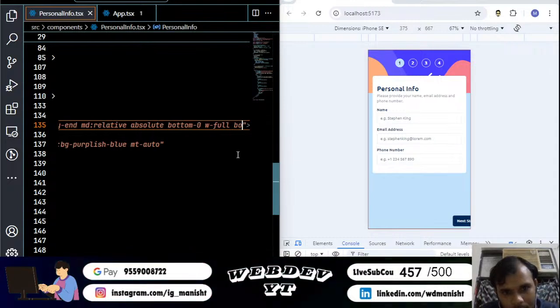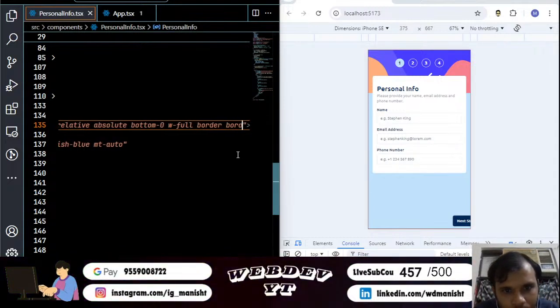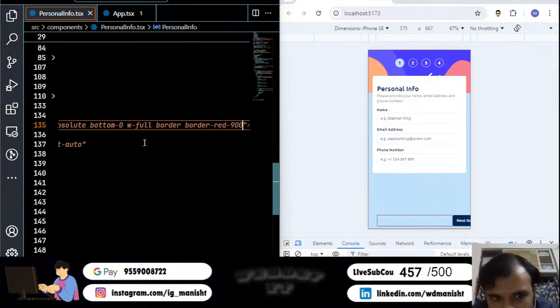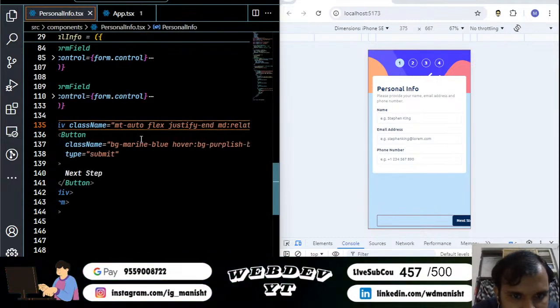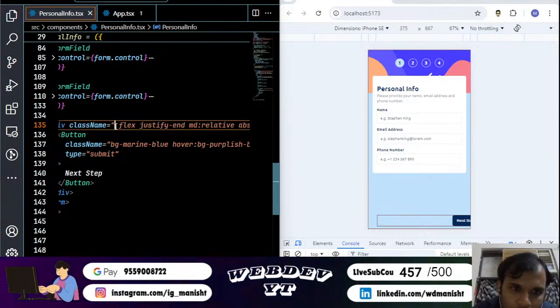That's it. Border... If I remove this mt-auto,